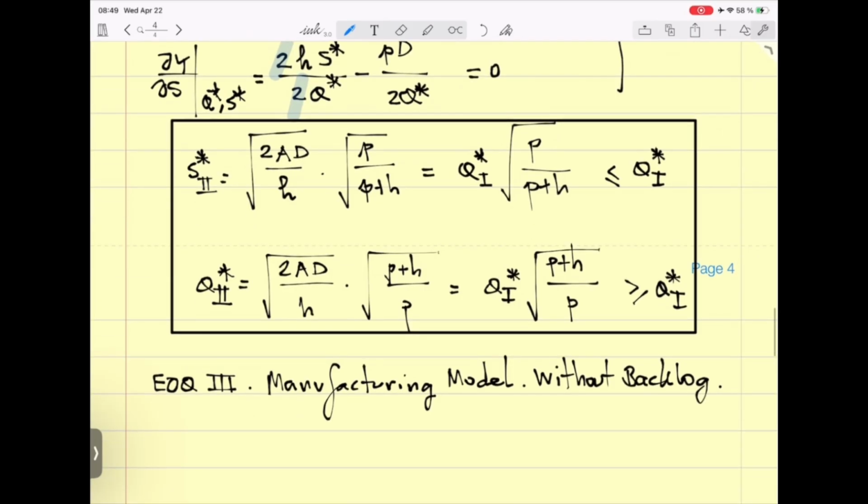So the hypothesis here is we have constant demand, no backlog,